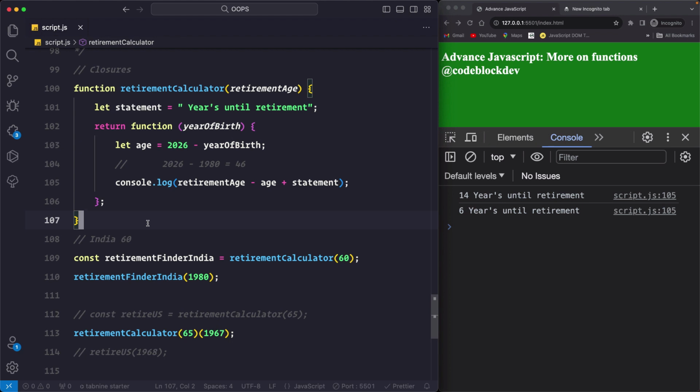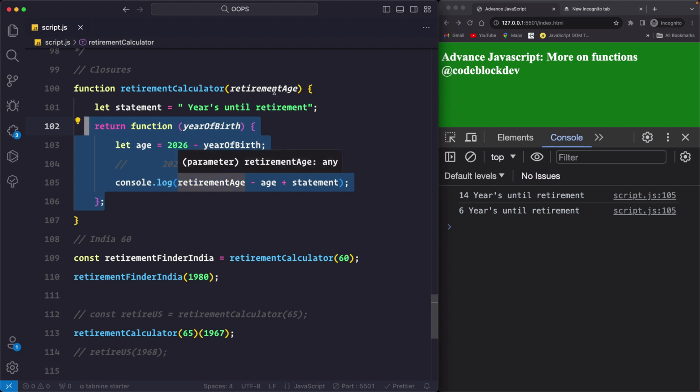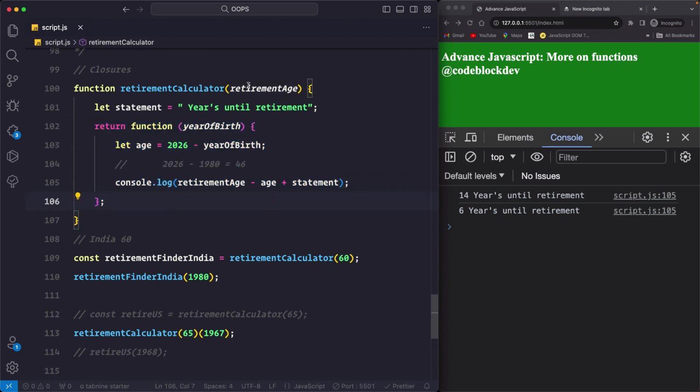Now if this entire function is done executing, how is the returned function, which we are returning from inside of this function, able to access variables from an already executed function? So the function is gone long back, we have executed it, we have popped it off from the execution stack, but still the inner function is able to get hold of variables from the function that is already executed.